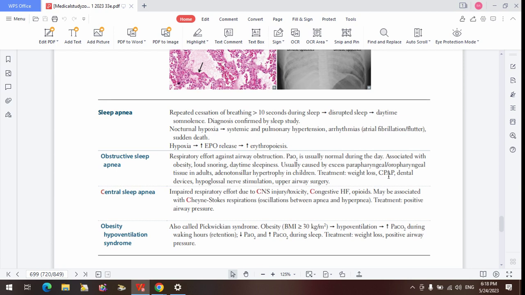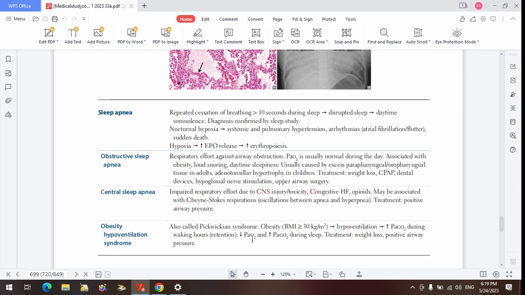And again, when they're hypoventilating, there's increased accumulation of CO2 in the lungs. That's one, and in the blood. And again, it has been discovered that in people with obesity hypoventilation syndrome, one of the mechanisms of their problem is, aside from the fat impeding on the respiratory muscles in the chest, causing hypoventilation, leptin also blunts the response of the respiratory center to CO2. So both during the day and during the night, there's a high level of PCO2 in them. So PCO2 is elevated during waking hours in people with obesity hypoventilation syndrome.